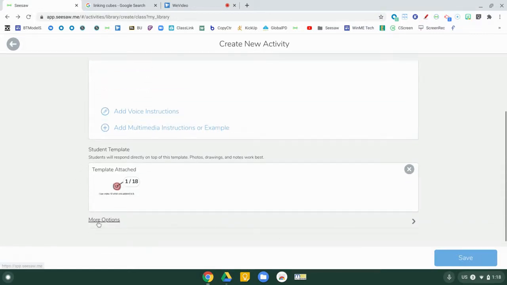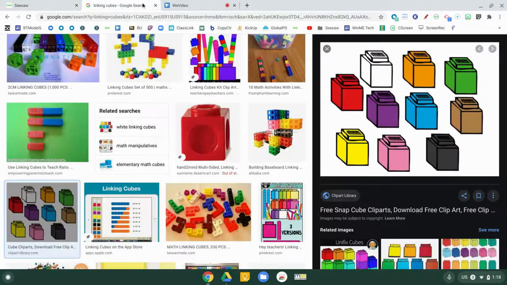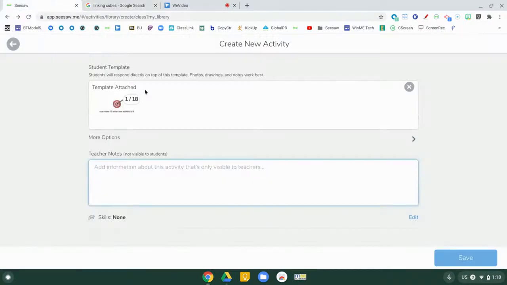And then in more options under teacher notes, I really should be giving credit to Clip Art Library for linking cube images. And then I can tag it to a skill and assign it to my students once I